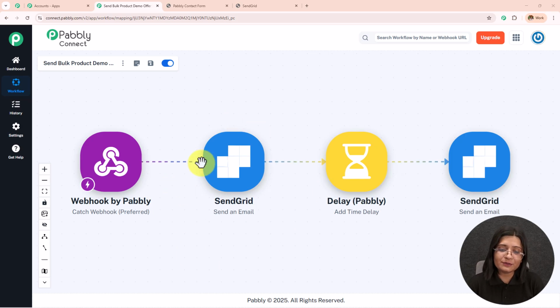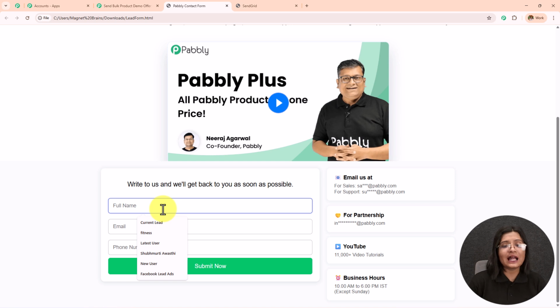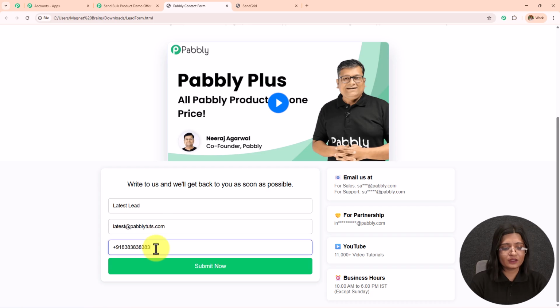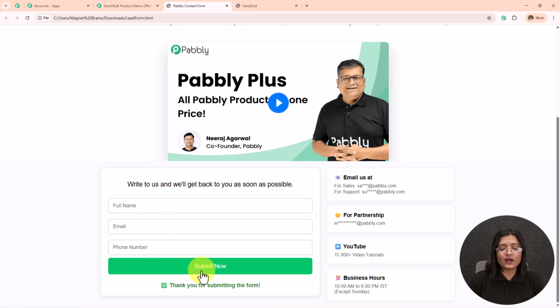So I'm going to receive a mail as soon as I generate a lead, but I'm not going to receive any mail after that. So I'm going to generate this lead. For that, I'm going to submit a form on my landing page form. I'm going to enter some dummy details. So I'm going to enter the name as latest lead, the email address as latest@pabblytudes.com, and then I'm going to enter my phone number. I'm going to click on this submit now,